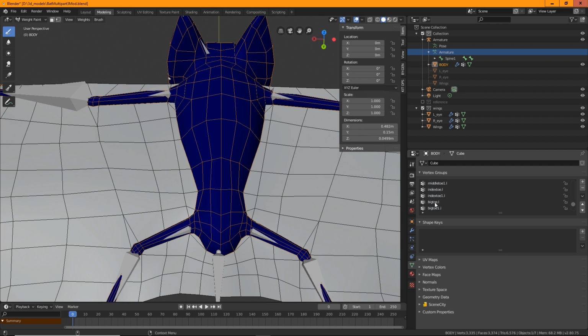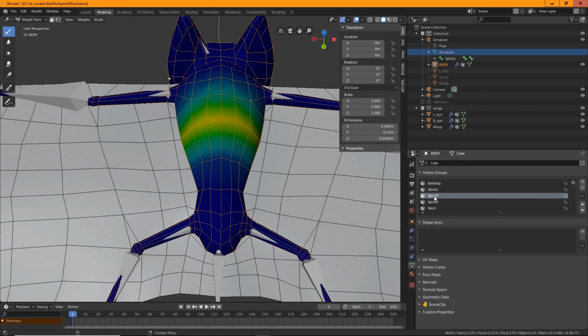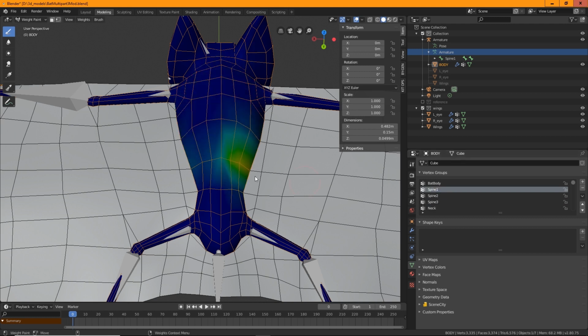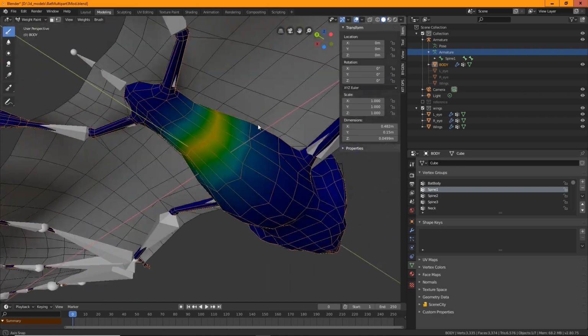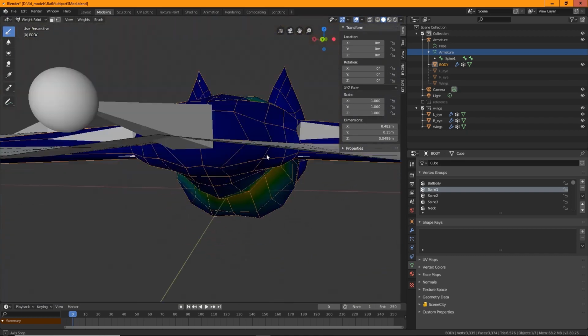And then the spine, just trying to find the spine. There we go. Spine 1, spine 2, spine 3. So there must be, I'm guessing, spine 1. There's something weird about the orientation. Not that it matters that much, but